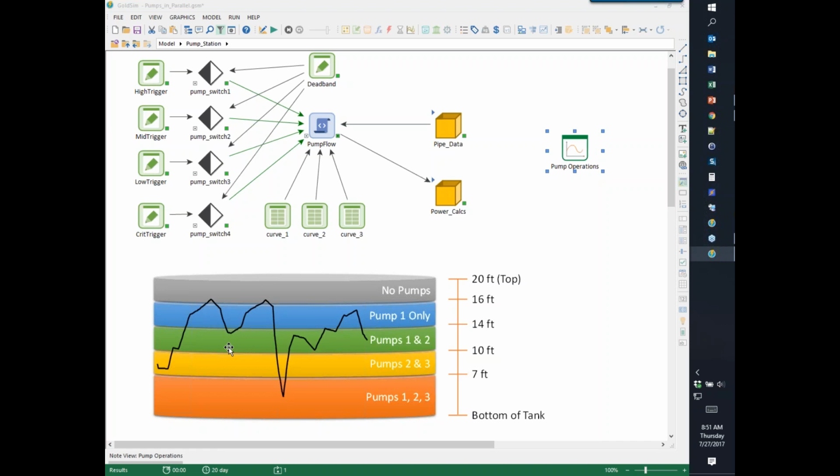But sometimes, so I built a model similar to this for a real project, and it turned out that just in building the model, we found that there were certain things that the designers at the pump station didn't consider in the operation. For example, we found that based on the way they wanted to operate it, there was one pump that would be turned on way more than all of the others, and it would burn out faster than the others. And so we determined that using a combination of pumps in which you spread out the load on the other pumps would make the whole pump station last